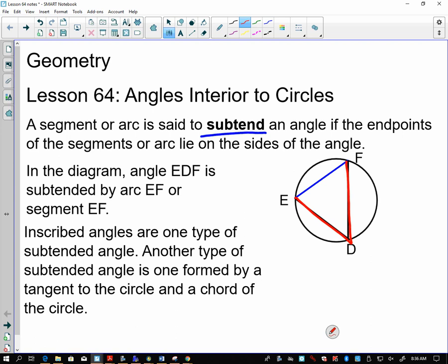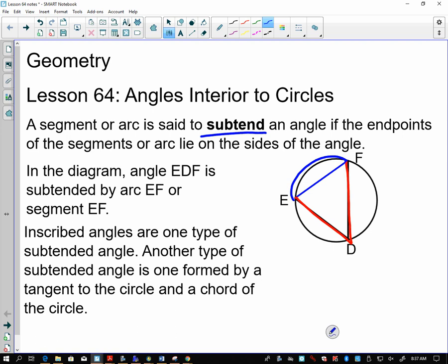So we have arc EF, and we have segment EF. So we have both a segment and an arc represented by the letters EF. So we see that angle comes out and it's subtended, or it meets that arc and it meets that line segment. How are we with this so far? Does this make sense? Okay, kind of get the word subtend a little bit. Inscribed angles are one type of subtended